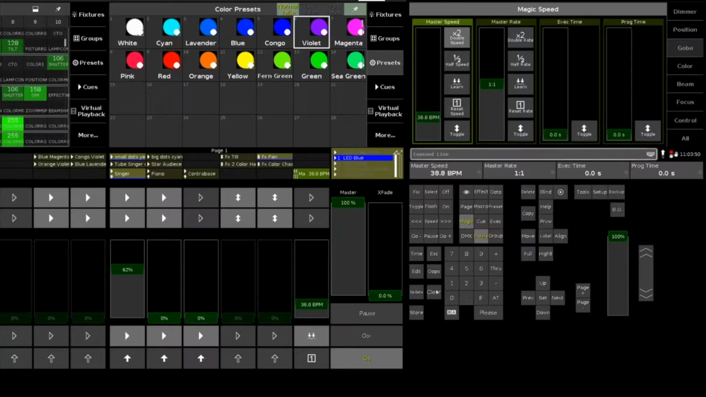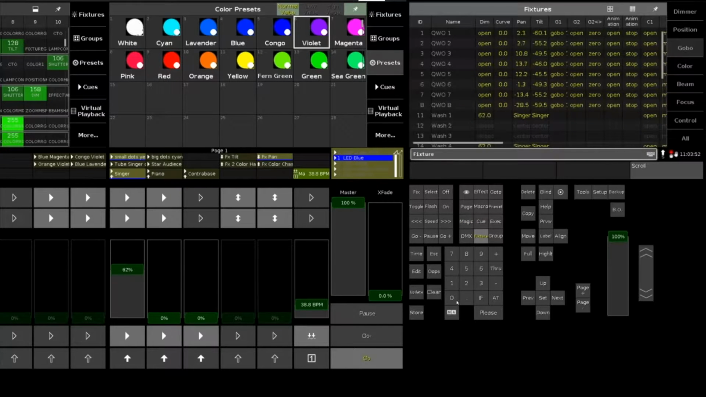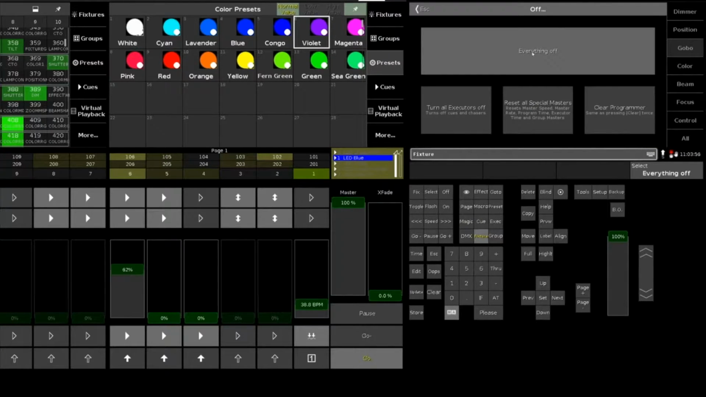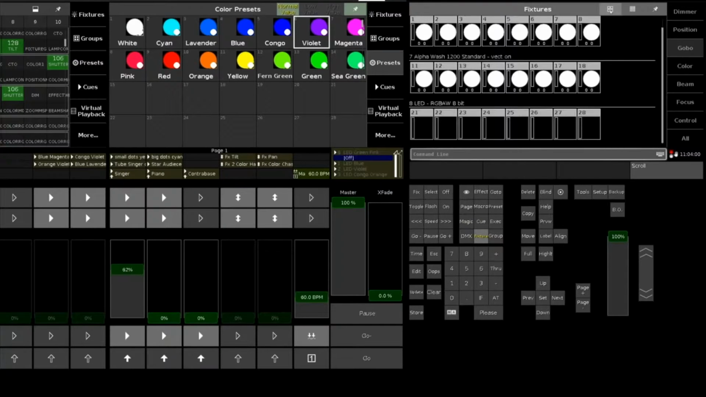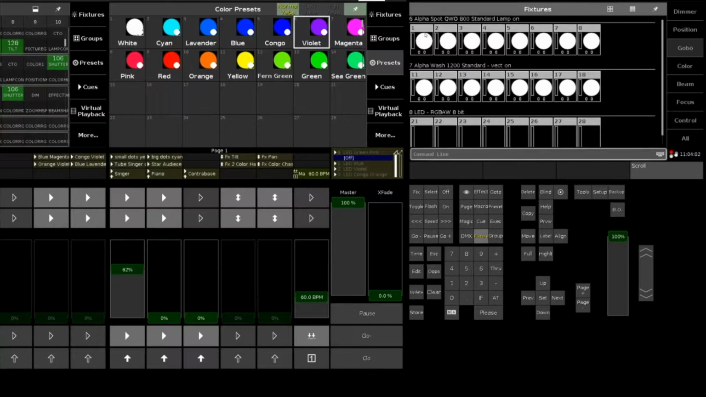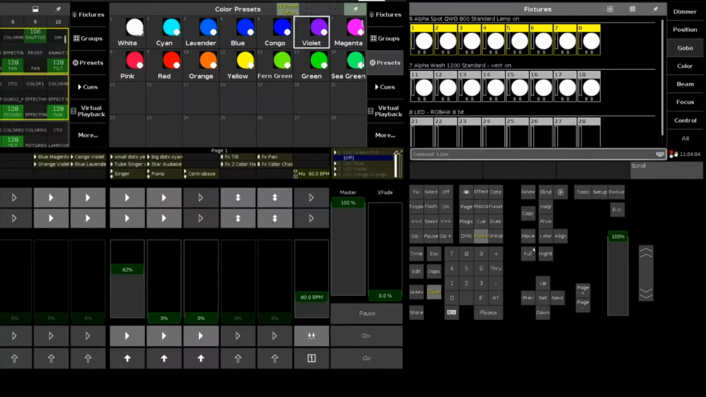Let's create a chaser. Okay, so we'll go to my fixtures. I'm going to turn off everything by tapping MA and then tapping off everything. There we go. I'm going to switch over to the pool view of my fixture sheet. Start off with my spots, bring them to full, and we'll drop them into a nice lavender. Okay, we'll store that as Q1